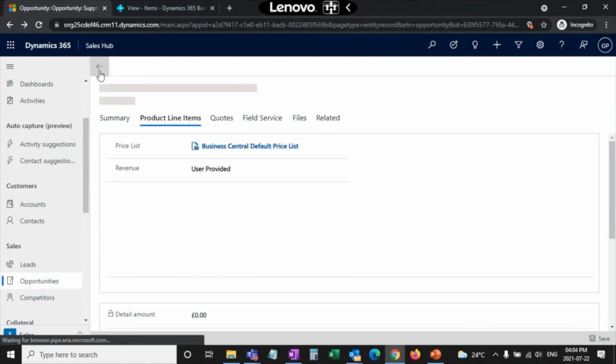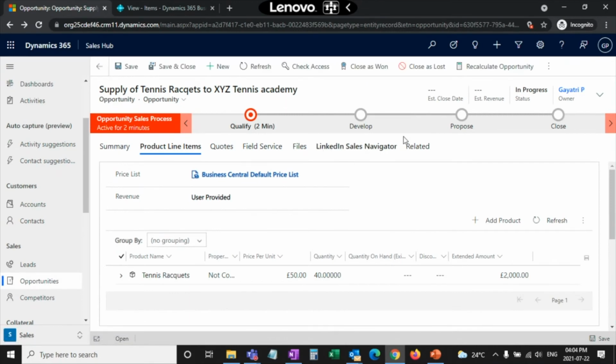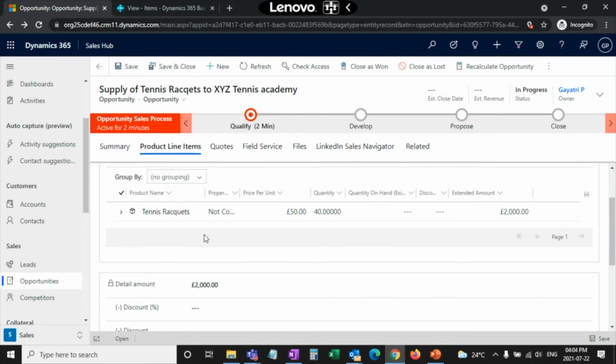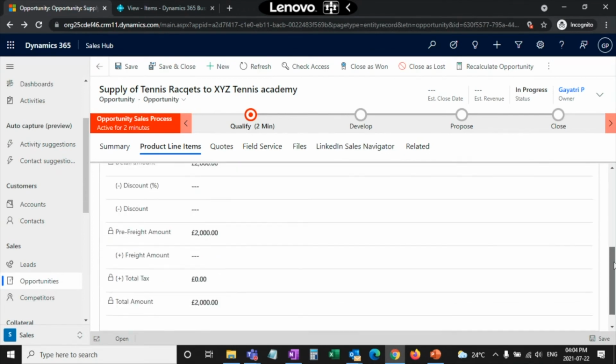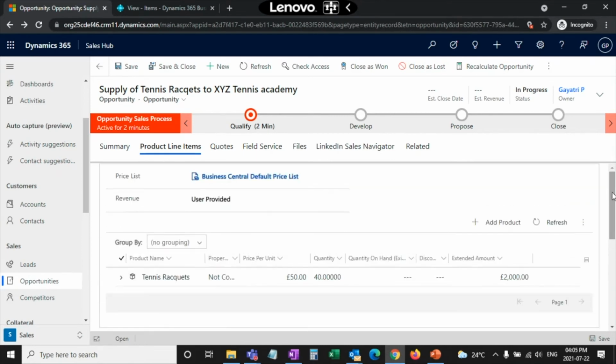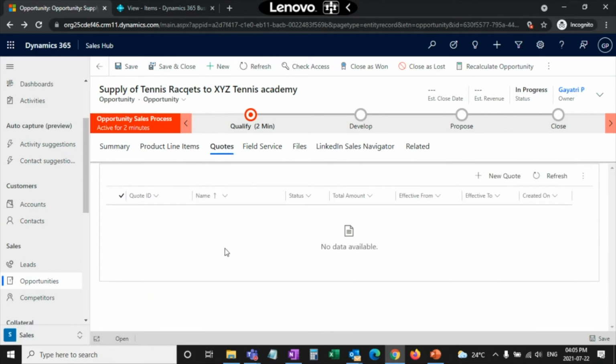Now let me go back to my opportunity. And now here you can see that all the opportunity information has been added over here, and the detailed bifurcation of the pricing has also been done. Now using Sales Insight, the sales team will be nurturing this opportunity, and let's say it reaches a state where the Sports Academy has asked for a quote from Sports Emporium.